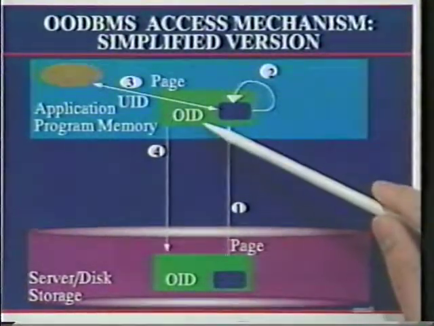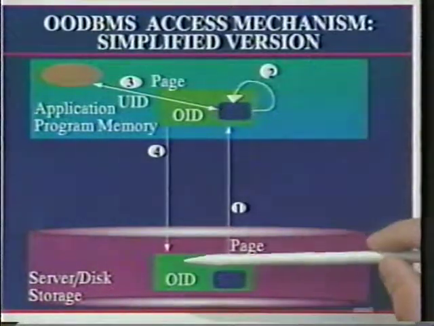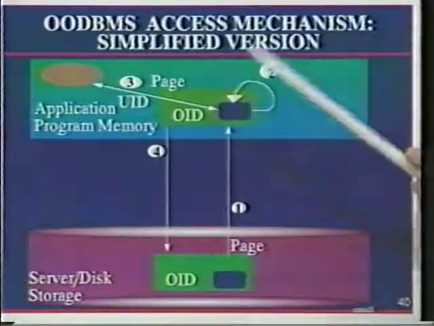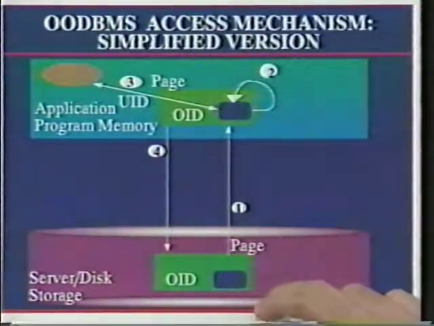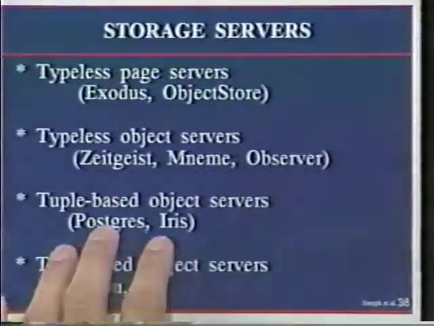I showed this example before when we talked about mapping the vehicle from the database to the application memory, and here I'm giving you a little more detail. And again coming back to this particular slide here,